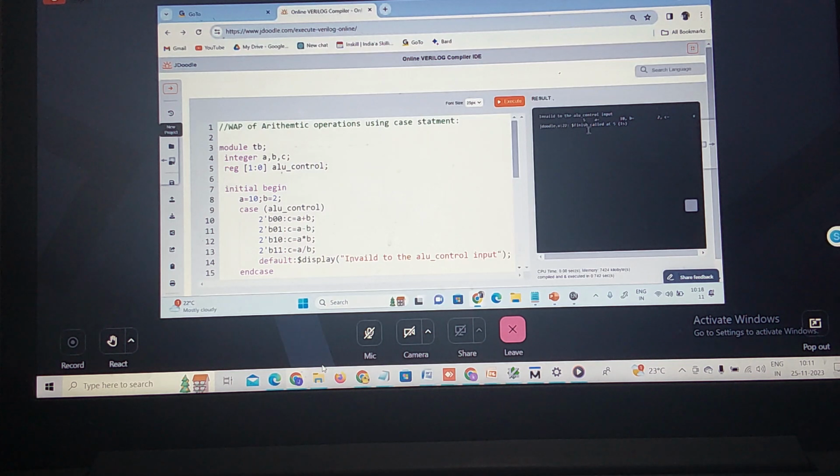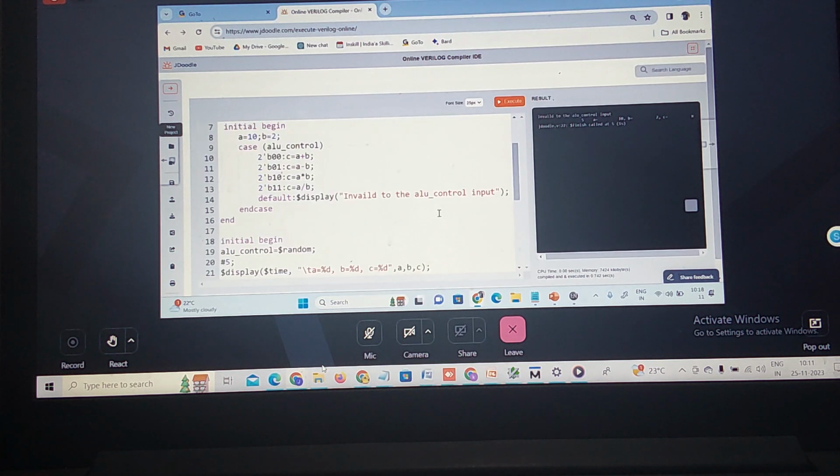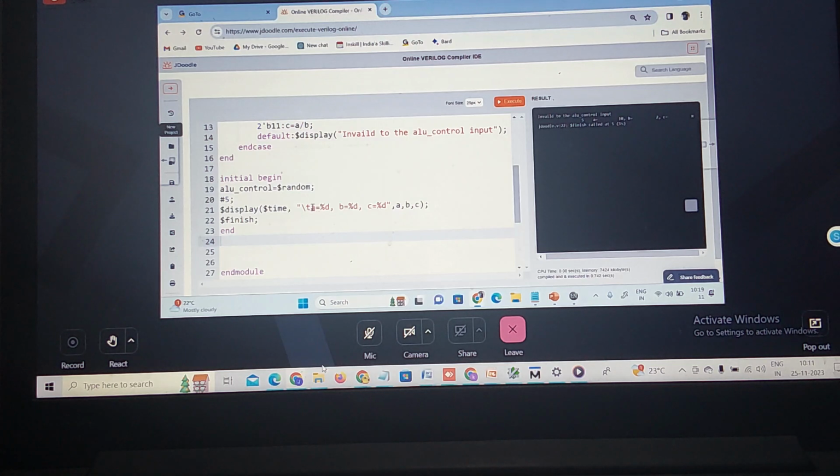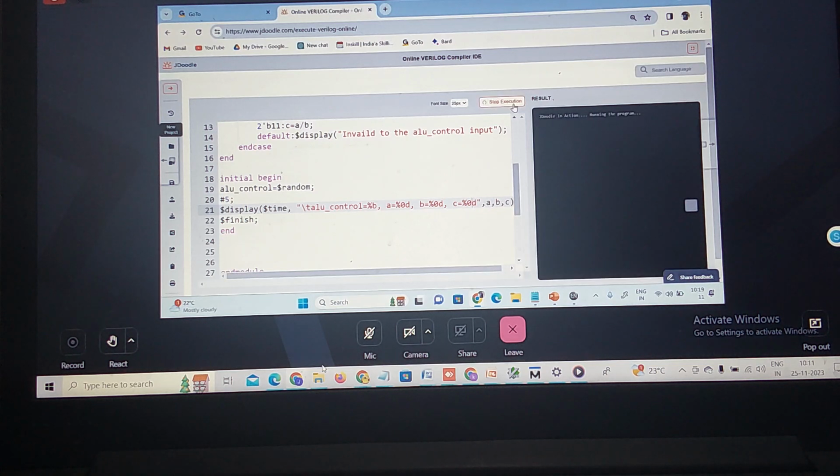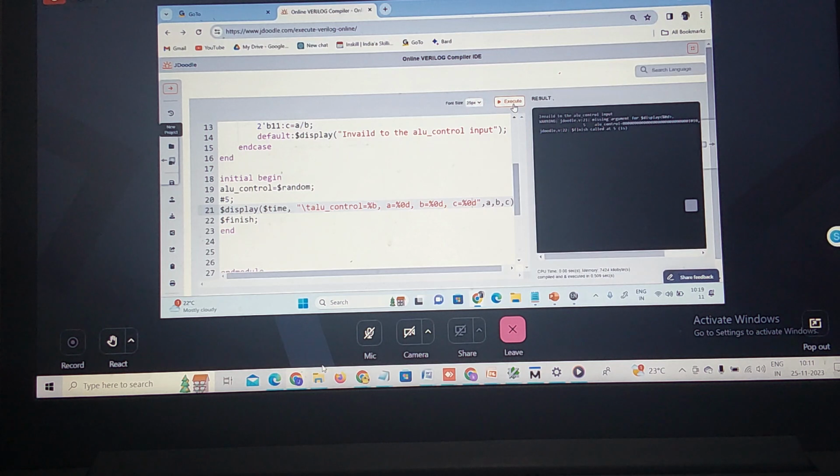So I am getting the output for this, but I am getting here C is equal to, at time 5. What I am using here is control, dollar symbol random. Let us print this control also. ALU underscore control is equal to, let us print this in percentage B. Now I am going to print 0D, 0D, 0D. Now when ALU is 0, 0,